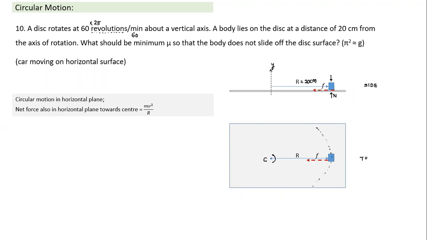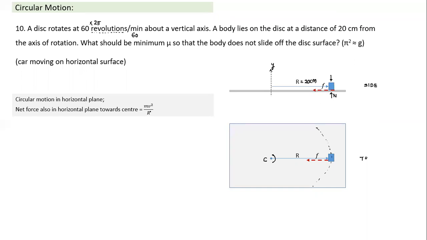So the question is, there has to be a net force acting in the horizontal plane. Which force is acting in the horizontal plane here? If you look at this object, two forces are acting. What are the two forces? Weight and contact force. And the contact force has two components. The normal component cannot have a component in the horizontal direction. So there is only the friction force which can act in the horizontal direction, and which is needed for centripetal acceleration. So whenever an object is placed, the centripetal force is on account of friction force. The friction force acts as the centripetal force.